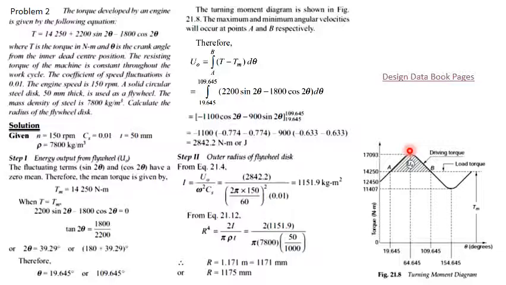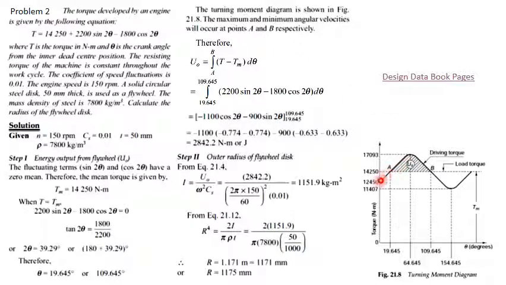So at theta equal to 19.65 and at theta equal to 109.645, the value of torque becomes equal to Tm. The diagram shows the maximum peaks and the positions of maximum and minimum angular